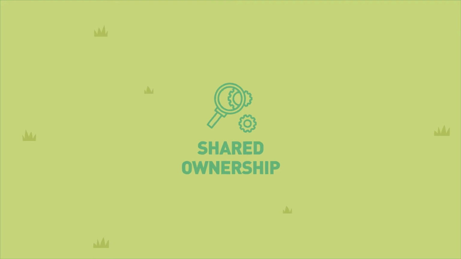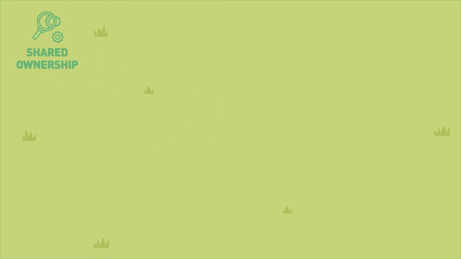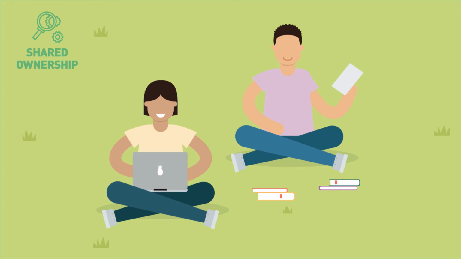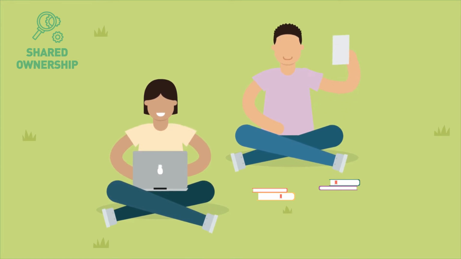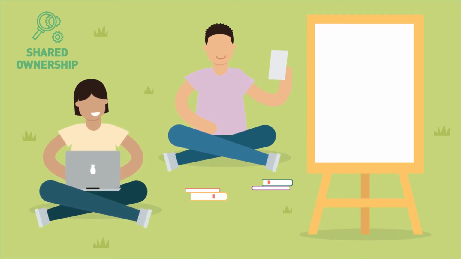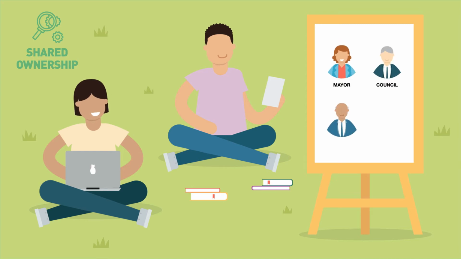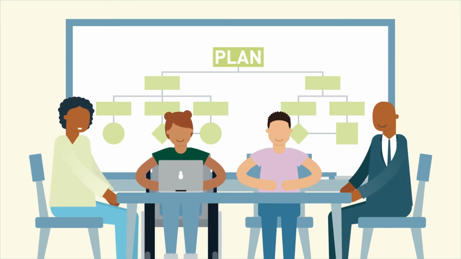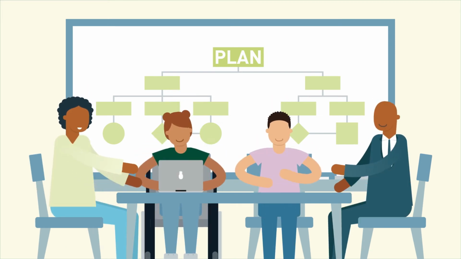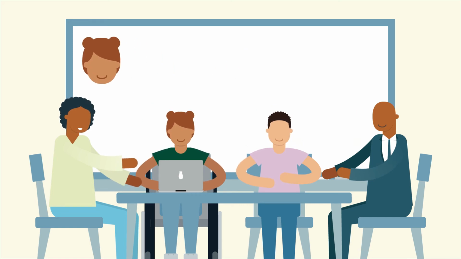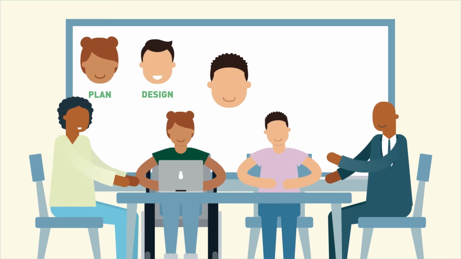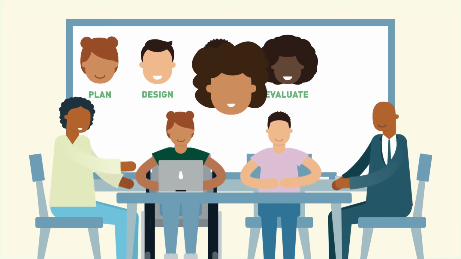And finally, PAR is about shared ownership. That means that everyone involved in the PAR process has a stake in the issue being addressed. For example, young people and adults can share responsibilities by deciding together who young people need to interview or survey, or which data needs to be secured. Together, they can determine how best to use all the information gathered to plan a set of actions. Alternatively, young people can take the lead and make these decisions on their own, with some targeted input from their